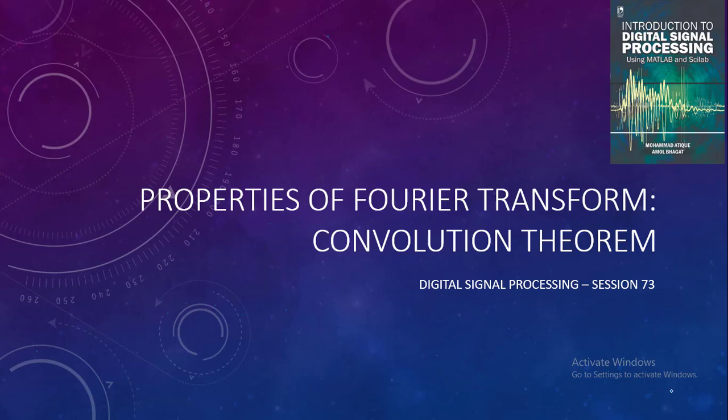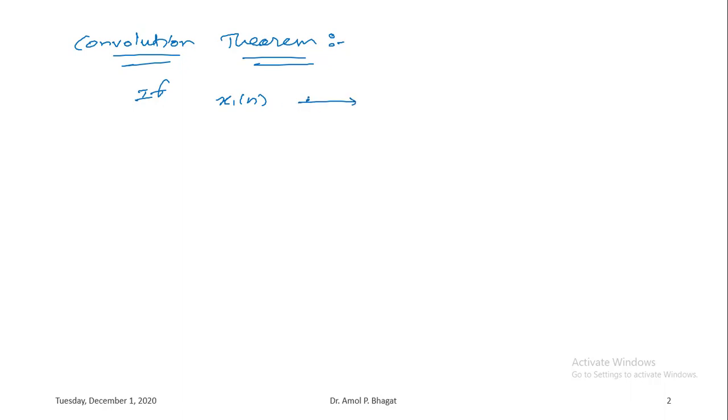Okay. So, similar property we have seen in case of Z transform. Right. So, the convolution theorem property of Fourier transform. So again, if we have two discrete time signal, that is x1 of n having Fourier transform denoted as capital